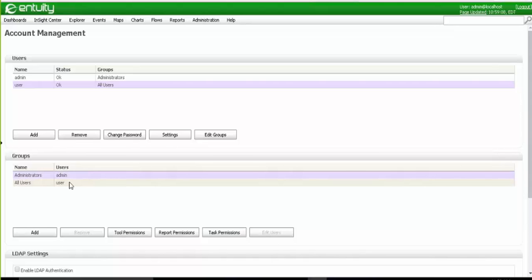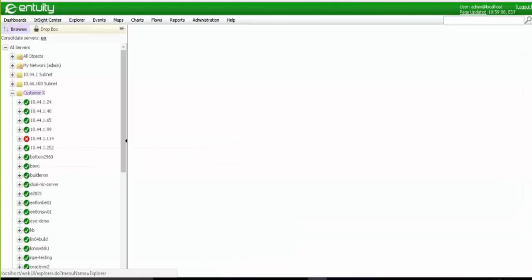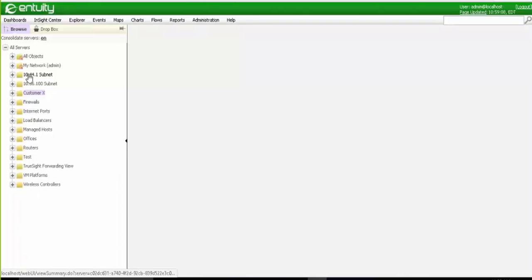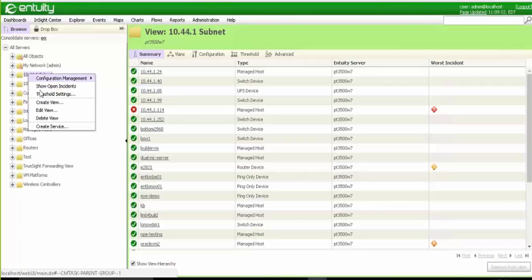The area that we're going to talk about here is the permissioning. There's actually two things that you need to do when you are going to set the system up for role-based access. Number one is to create groups and assign permissions. That's done here. I'll go to the Explorer tab, and the other task that you have to perform is actually,